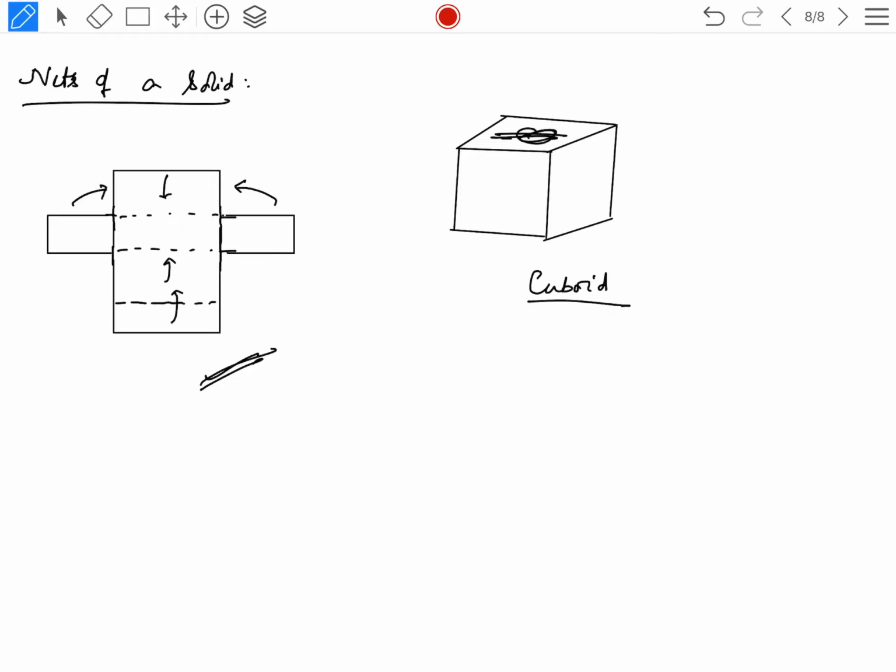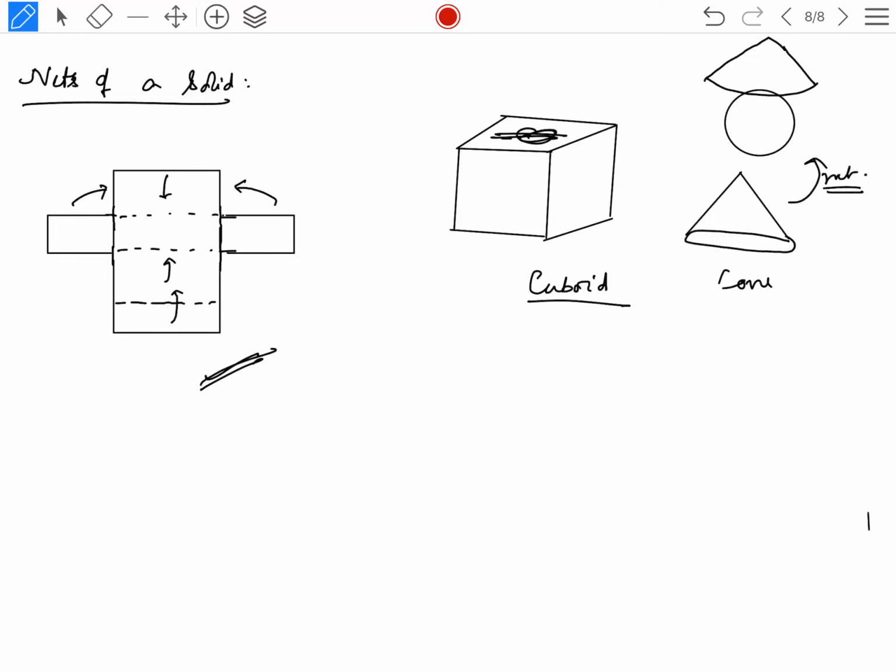For example, if we take a cone, all of you know what is a cone. This is a cone, yes or no? So in a cone, what happens? One circle you will get, and you will also get another shape in this way. When you open the cone, the net will be formed in this way. So this is a cone, and this is the net of a cone.